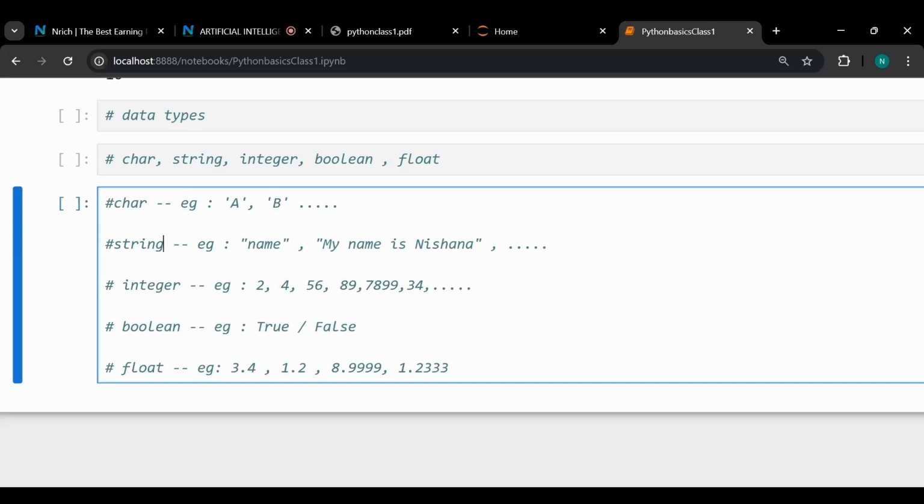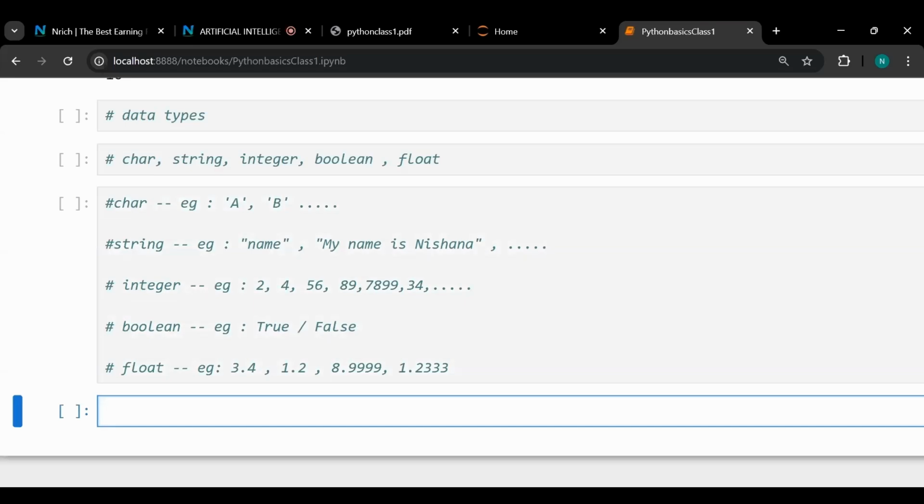And next is string data type. String data type means something that we write as a sentence or English letters, alphabets and everything inside double quotes. Next is integer data type. Integer data type means the numbers, whatever numbers you have, 2, 4, 56, 89 or any random numbers. And next is Boolean. Boolean means either true or false. That data is called Boolean data type. I will show you how true and false look. Let me take